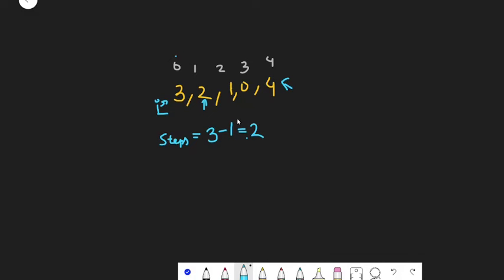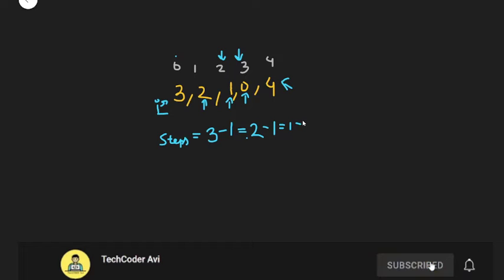Now what is the maximum between 2 and 2? It is 2, so it will remain as it is, and then we are again going to increment it by 1. Now we are pointing to index 2. Again we are going to subtract 1. Now what's the maximum between 1 and 1? It is 1, so it will remain as it is. Again we are going to increment this I by 1, and it will point to index 3, and then we subtract 1, and hence we are left with 0.